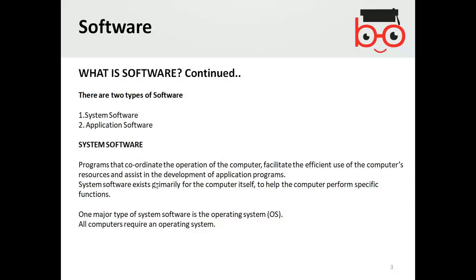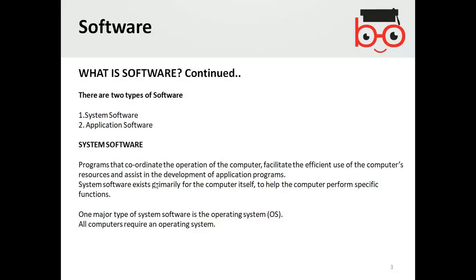Also, they help you to create application software. Before starting to write any application software, you need a system software that will allow you to run the application software program development.